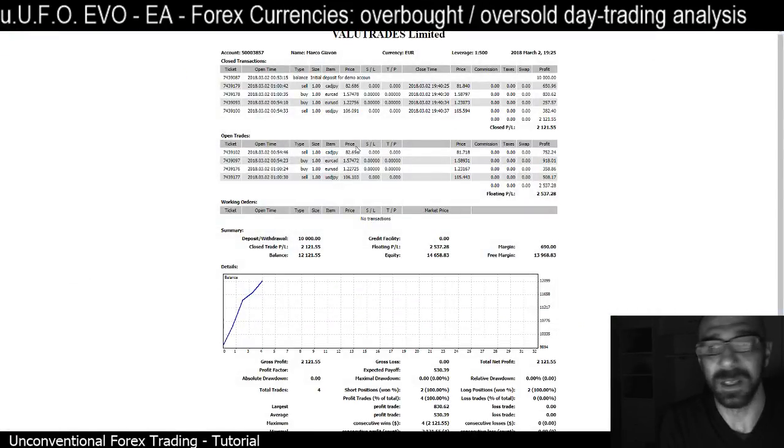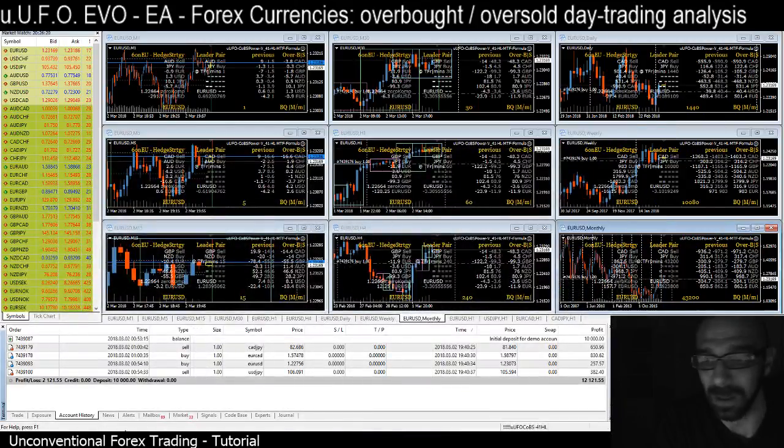Oh, sorry, see, they are still running, I didn't close the trades. So that was the snapshot that I took half an hour ago, and we already made an extra 400 euros profit. So now I will close the trades